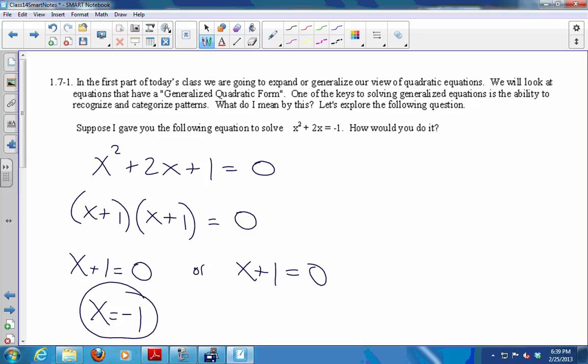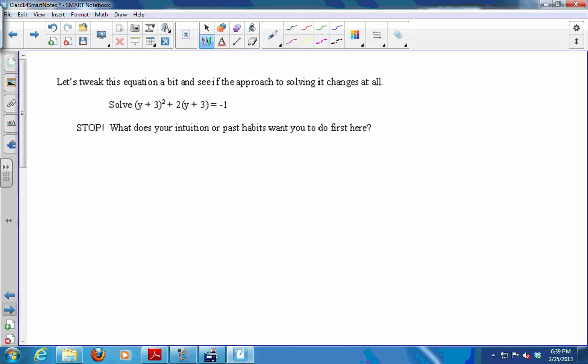So now I'm going to give you another equation. y plus 3 squared plus 2 times y plus 3 equals -1. So what does your intuition tell you to do right here? Start to distribute. Square that y plus 3. Distribute the 2 times the y plus 3. Combine like terms. Okay. I'm going to have you go against your intuition so that I can teach you a